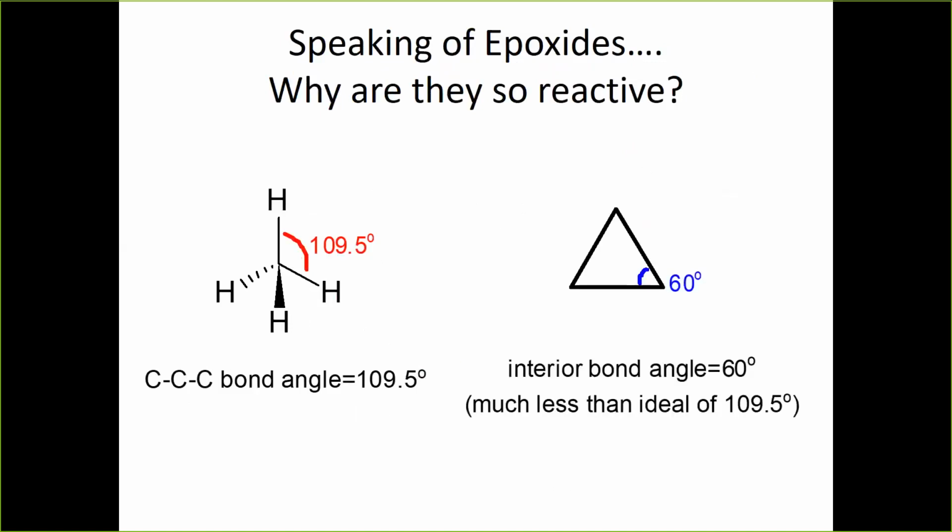And in contrast, I've actually drawn cyclopropane and not oxirane, but it's the same idea. What you see here is that the angle is much smaller, it's only 60 degrees. And so because it would prefer to be at a 109.5 degree angle, and I use "wants" loosely, and it's stuck instead at 60 degrees, then you have quite a lot of strain. And so it relieves that strain. Basically, when you pop one of these three-membered rings open and the angle changes from 60 degrees to 109.5, it reduces the strain from that ring quite a bit. And so it's a much more favorable configuration for the molecule.